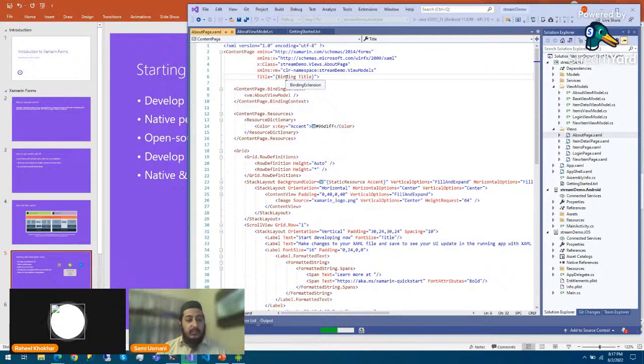Hi, Sami. I think your screen is frozen. I'm not sure. Can you try changing it? All right. Which screen is it showing? I'm seeing half of the presentation PowerPoint at the bottom, and then I can see the About page XAML file that you're building from Visual Studio. All right, it must be the build which is causing the delay.